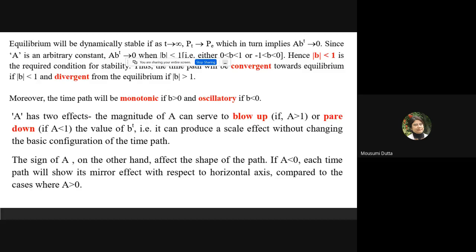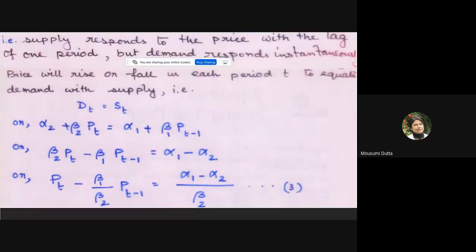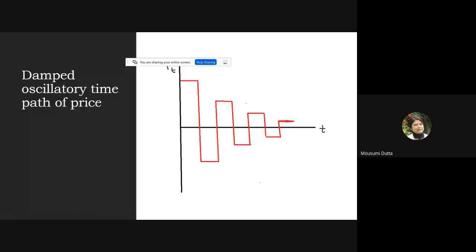Second, the sign of A, on the other hand, affects the shape of the path. If A is less than 0, each time path will show its mirror effect with respect to the horizontal axis compared to the cases where A is greater than 0. Now, what is the meaning of this? Okay, so to understand that,